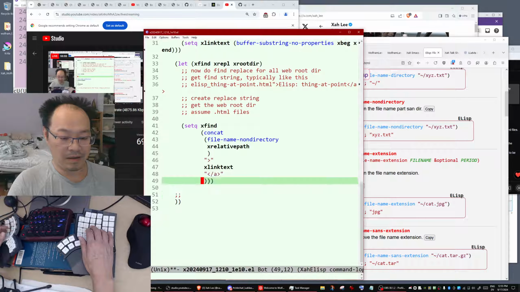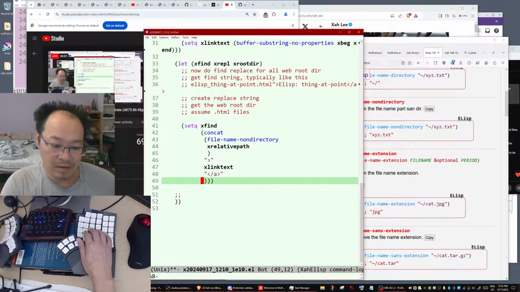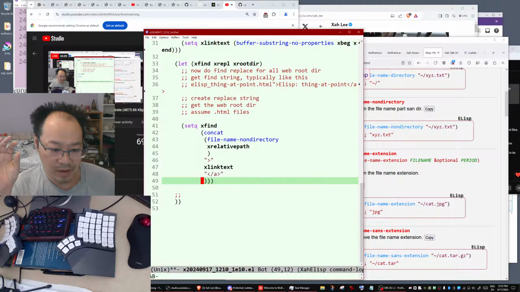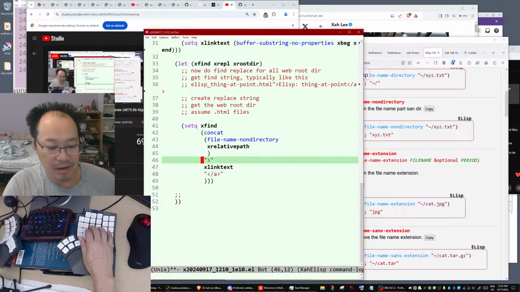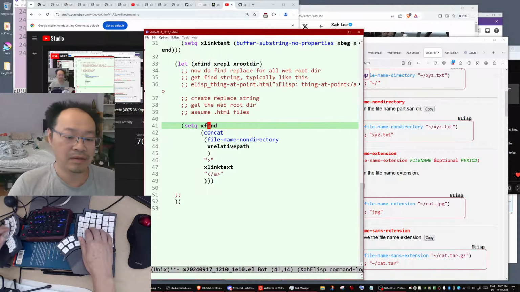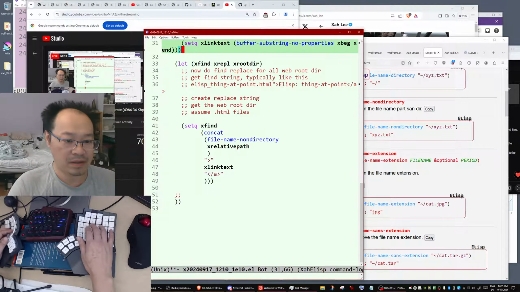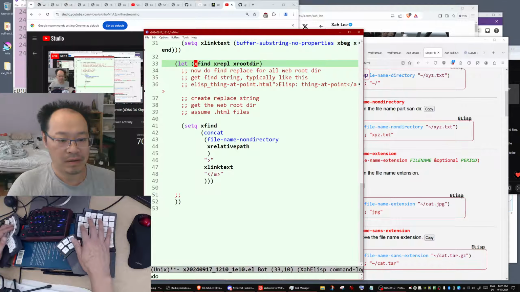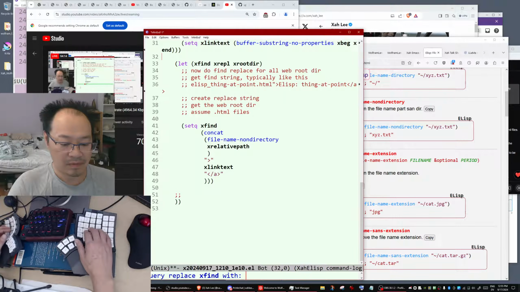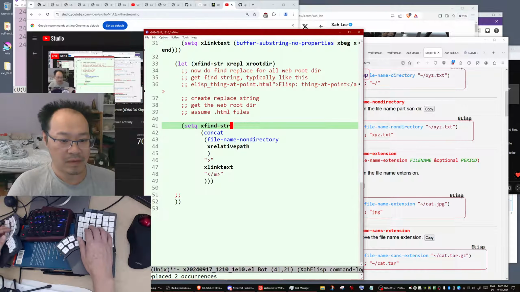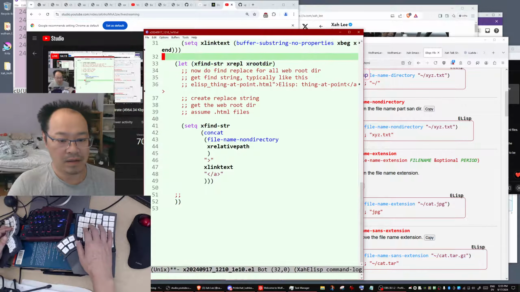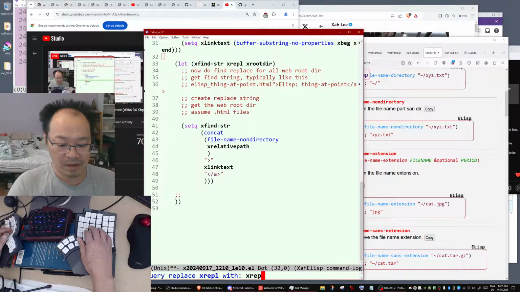Make sure that's correct. So you've got the relative path, then find string. Let's rename it, and this will be replace string.